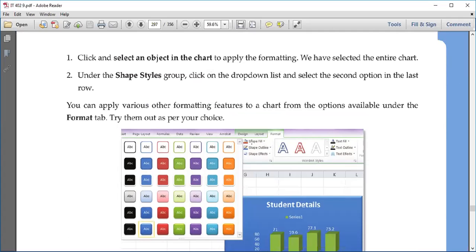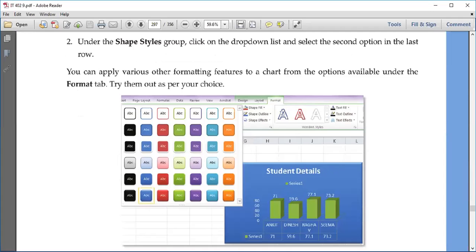Shape fill option is to change the color. Shape outline is to change the border line. Effects are used to give some effects like 3D effects, or some background effects or shade effects, or you can see shadow effects and such kind of thing. And from here we can alter the writing, the text that is written, like ये student details लिखा है, इसको change करना है तो उसका format यहाँ से change होगा. इसके भी text fill option है, text color option है, text outline color option है, और text effects option है.